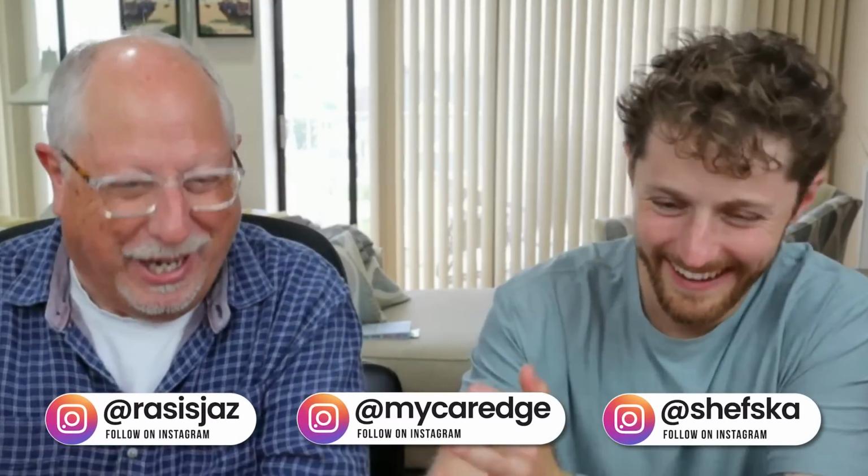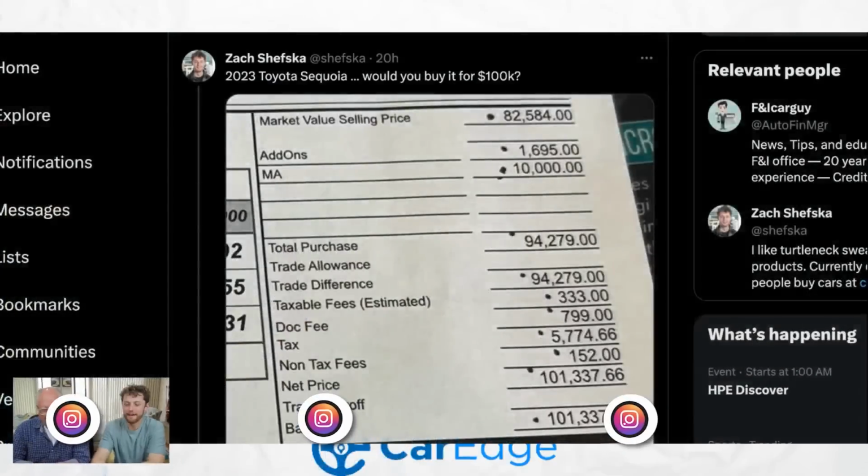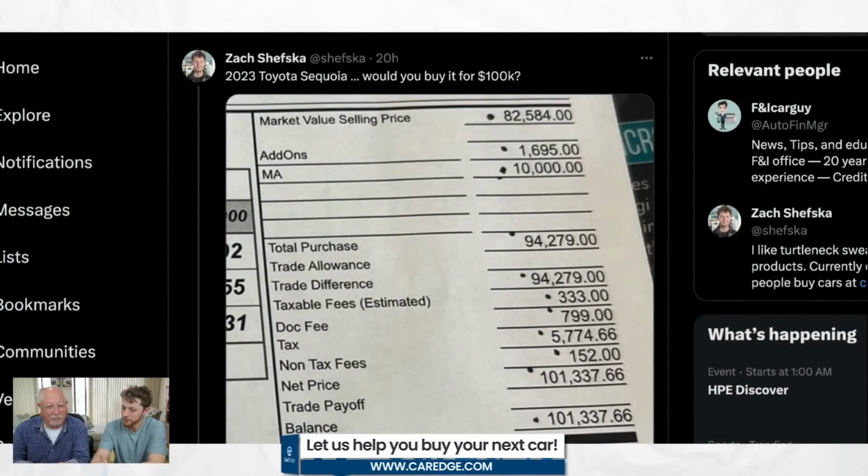Really? You gotta be kidding me. All right, Dad, I put this up over on the Twitter sphere, and also on Instagram as well. Yes. 2023 Toyota Sequoias, they are selling. I don't know if I want to say selling. They are being advertised for over